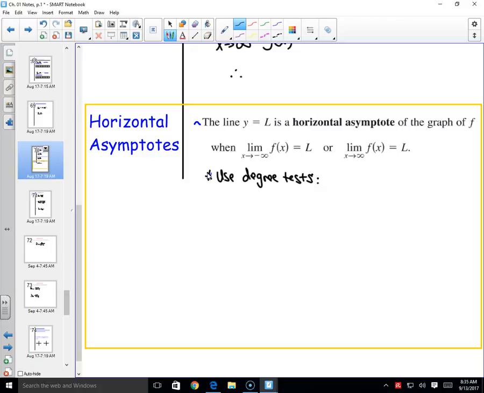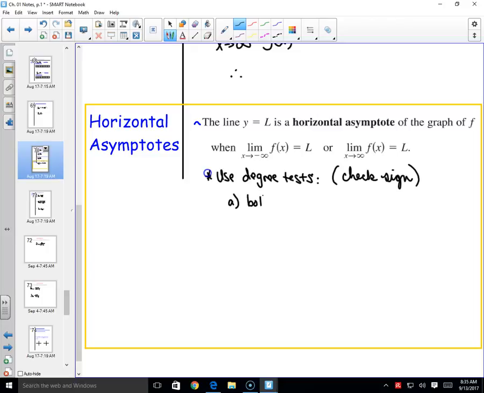Okay, we're going to call it the horizontal asymptote card. On the horizontal asymptote card, you find the horizontal asymptote by having x approach negative infinity, taking the limit to negative infinity, and taking the limit to positive infinity. How do you take limits as x goes to infinity? Degree test. I'm also going to say check the sign. It's basically all of section 1.6 in the card, right? Because either